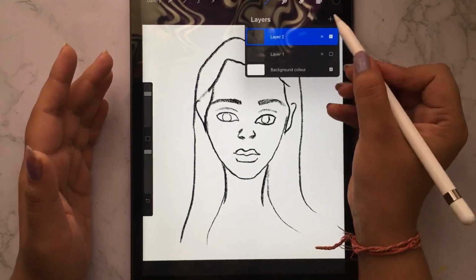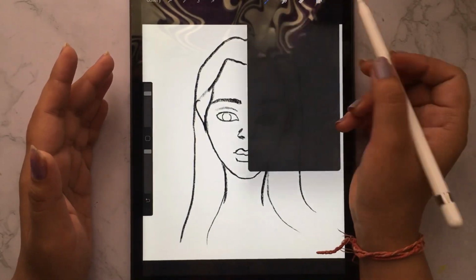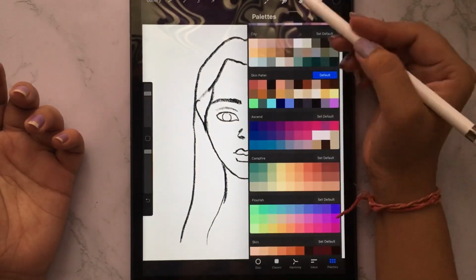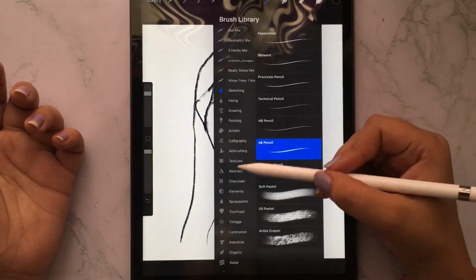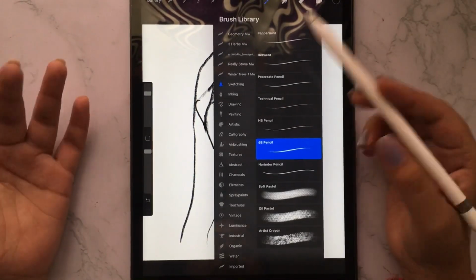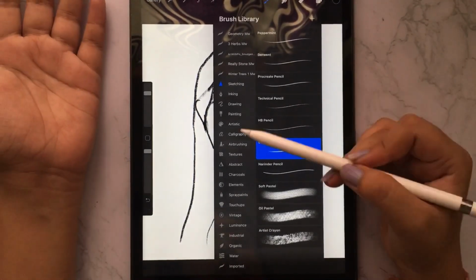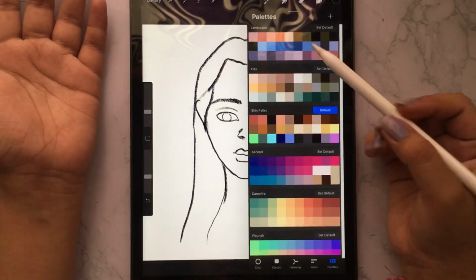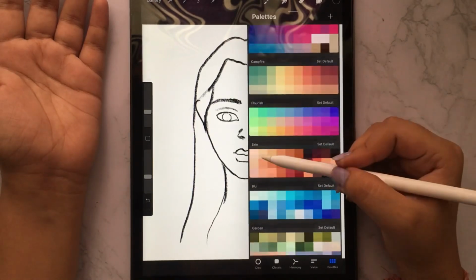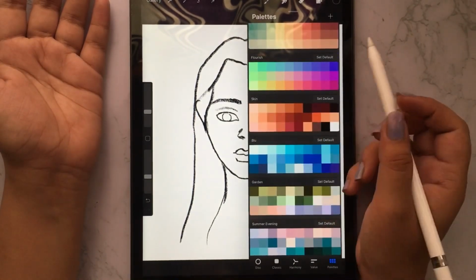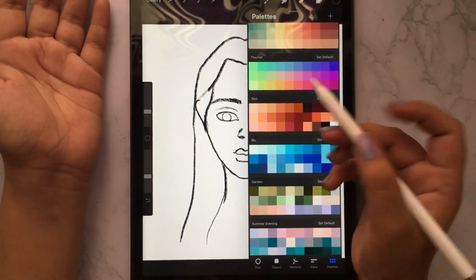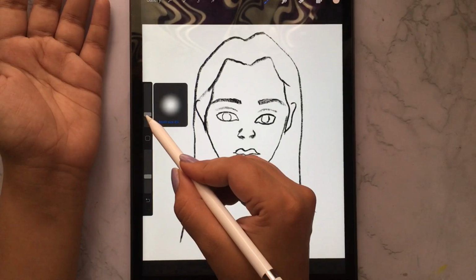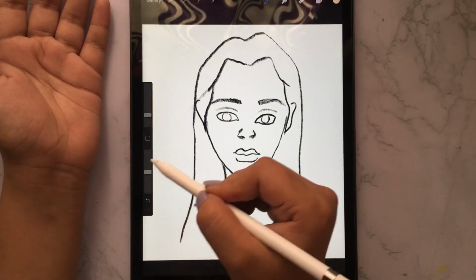And then you have to select another layer and start coloring it. So for color, most probably you have to choose the brushes on your own, but okay, if you are a beginner then you can use airbrushing. I most probably used airbrushing in doing the skin shade. For color, you can use skin color. I have this skin palette already, so you can select the color, select the size of the brush, the opacity,